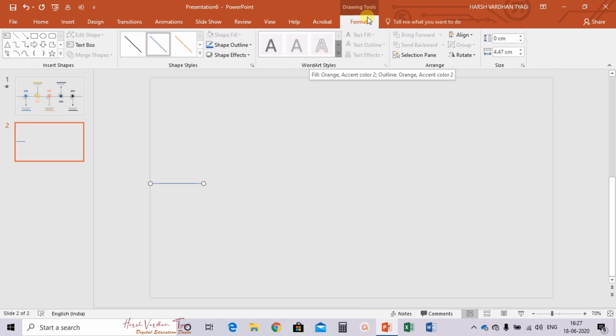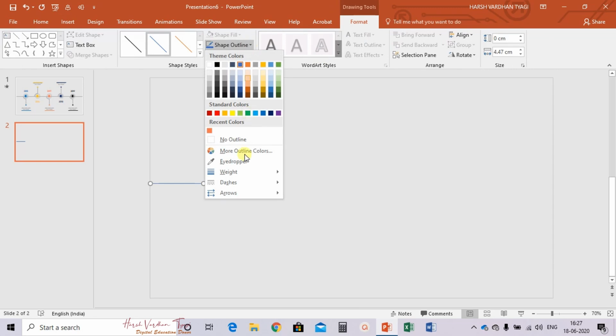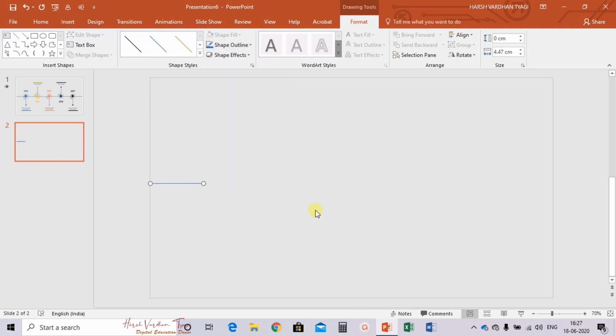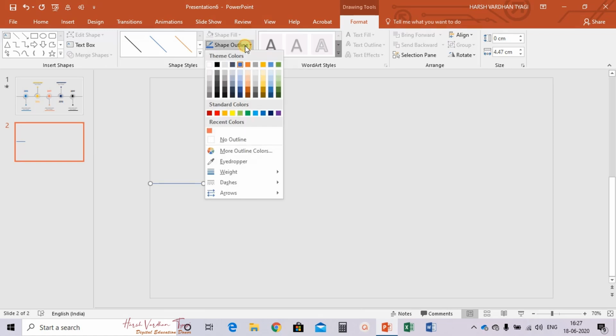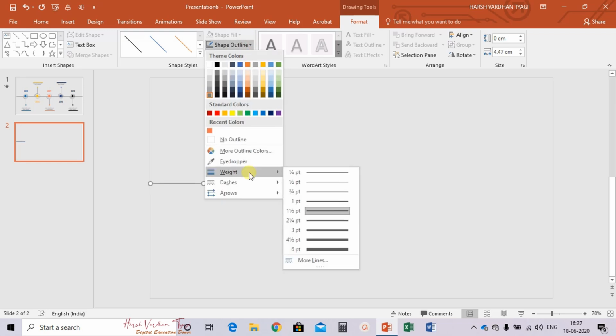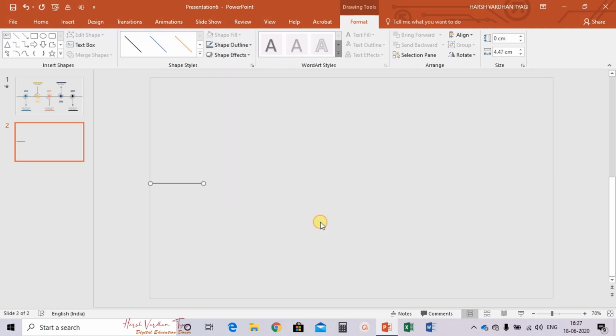After drawing the line, go to format, select shape outline, select the weight as 1.5, and the color as this one. Let's select it as 2 1/4.